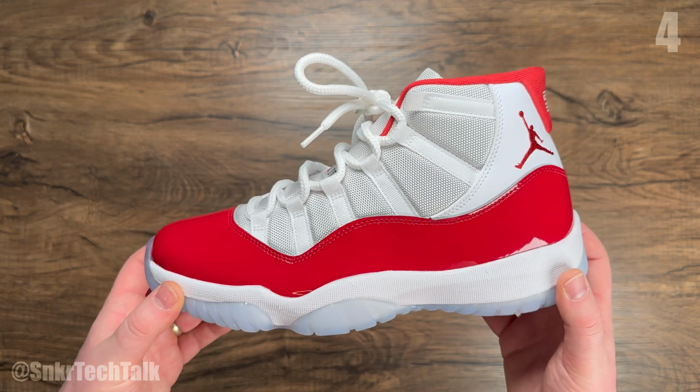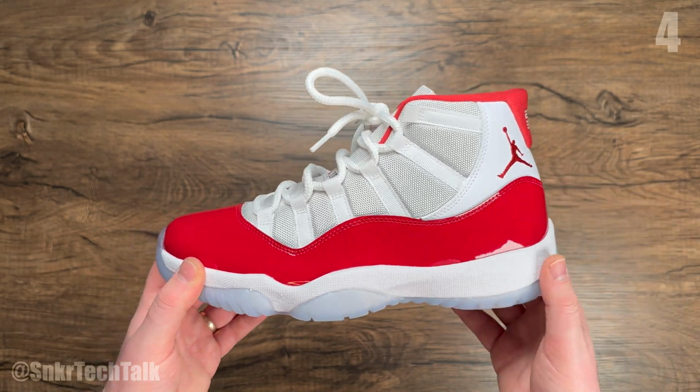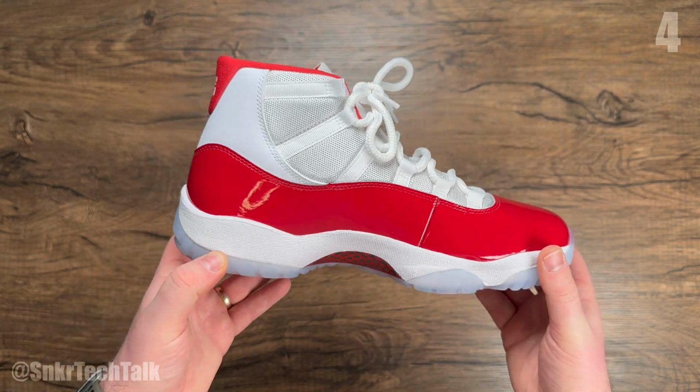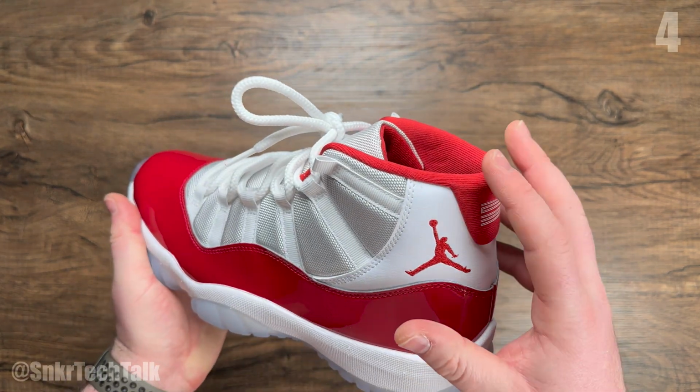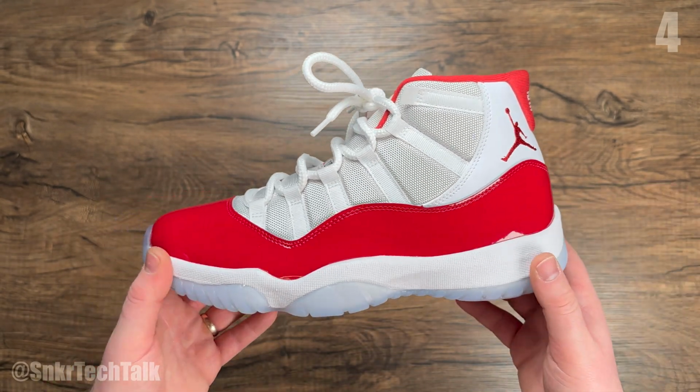But I've been saying it since 2001 that I would love to see a mid-top Air Jordan 11 with that patent leather in the red. And here in 2022, we finally got that. It's a beautiful shoe. Obviously, the inside of the shoe, the collar is red versus the low tops being white,